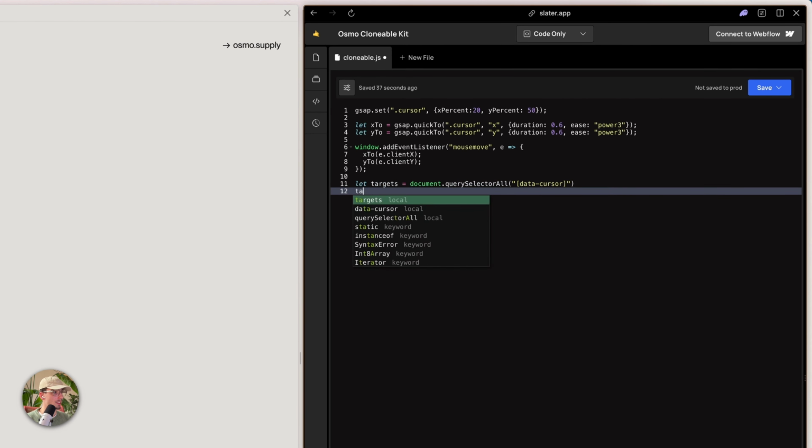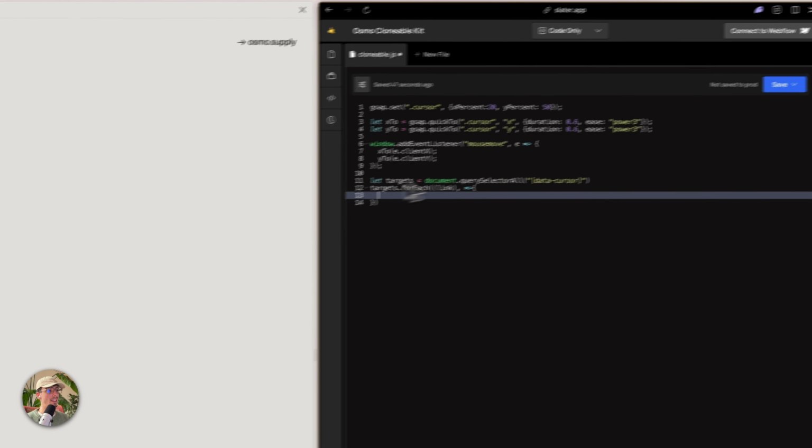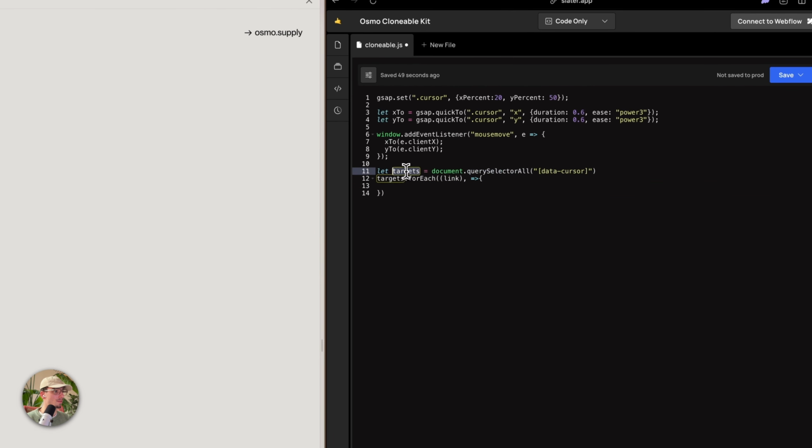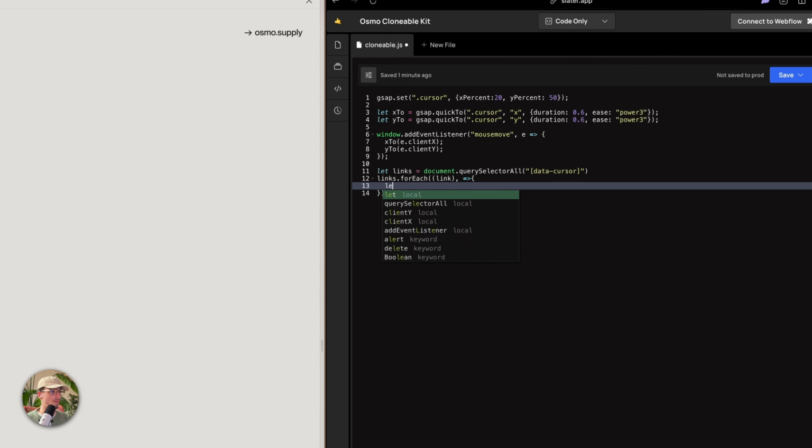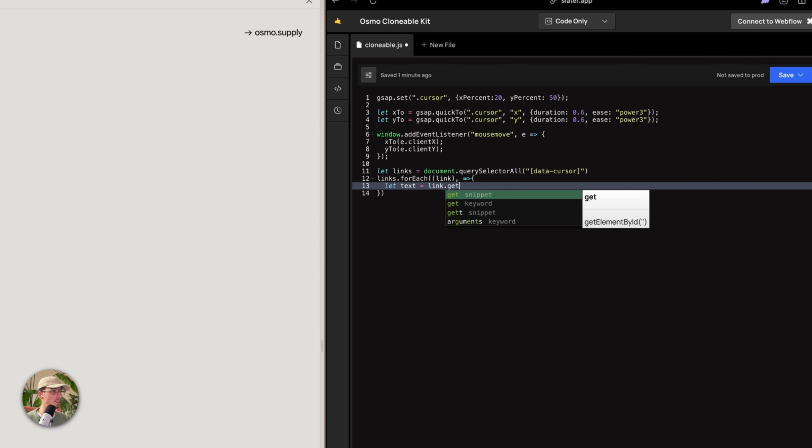Now to all of these targets, we'll add a loop, which on every link, we're going to create a function like this. And for every link, I could say target, and instead of calling it targets, I could call it links. Maybe let's do that. That makes more sense. So links. And then for each link, the first thing that I want to do is register what the dedicated piece of text should be. So we can say let text equals link.getAttribute